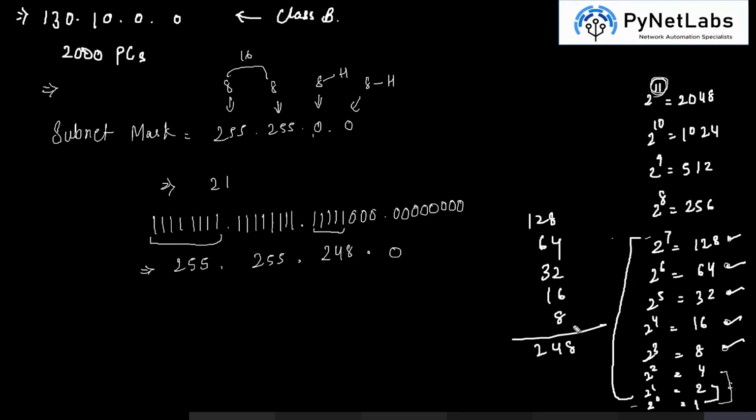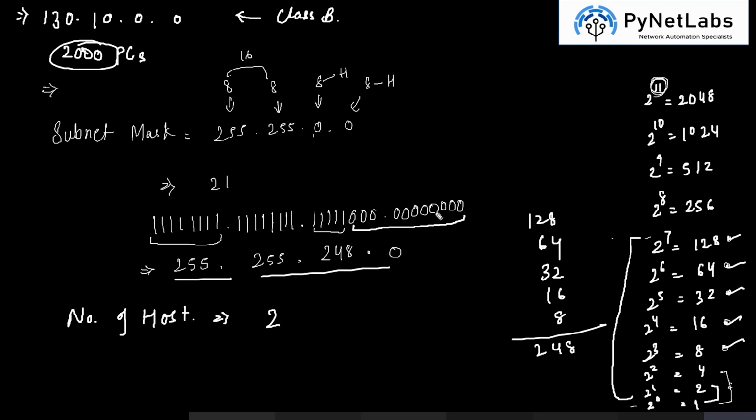Is it clear now? Perfect. So we have the subnet mask with us. We have the requirement with us. Now we will move ahead to find out the range. So how can we find the range? First, we have to know the number of hosts there. So the number of hosts is 2 raised to the power of bits. So how many bits are there? There are 11 bits, right? Which is 2048. 2 raised to the power 11 is 2048. So this is where this formula helps.